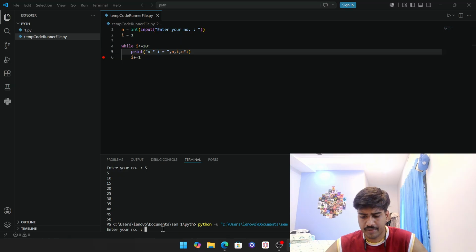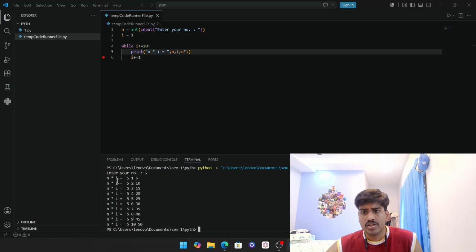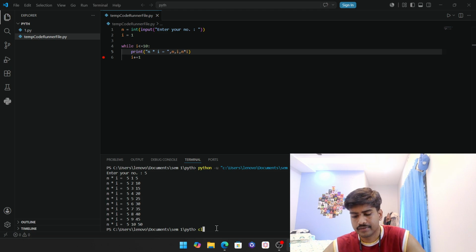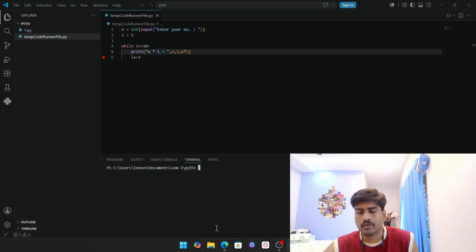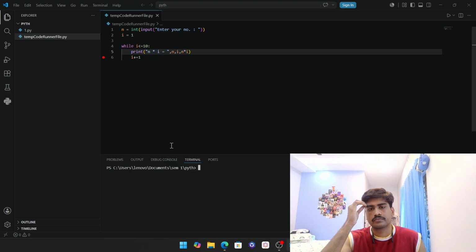Let's take the same table 5. So in this case, you have seen that the number 5 has been printed. The table of 5 has been printed, right? So yeah, that is how you do it. And now let us take